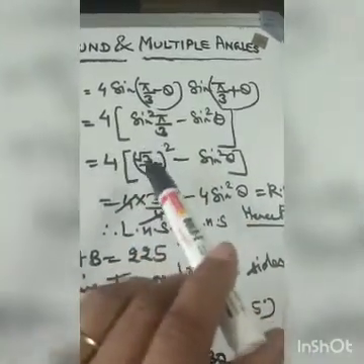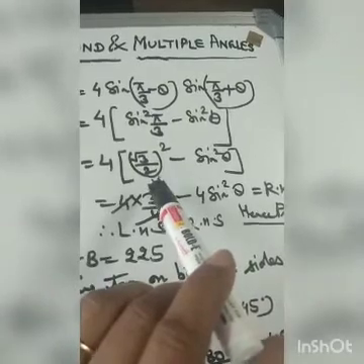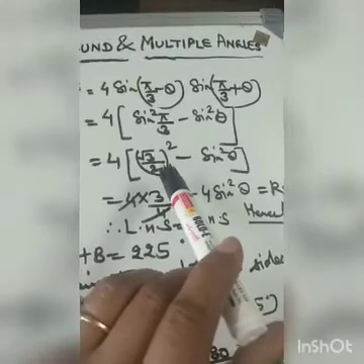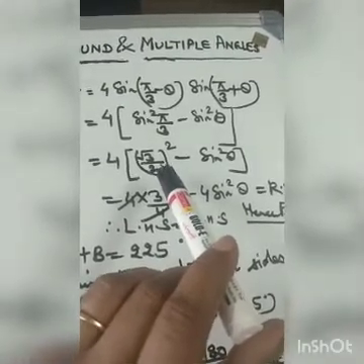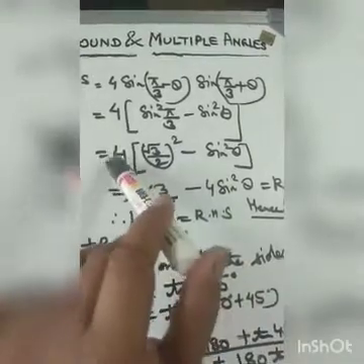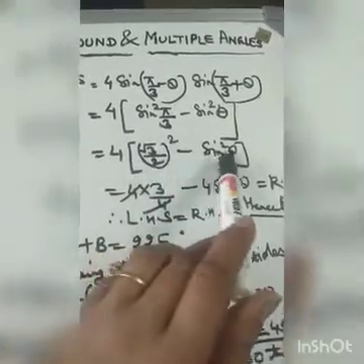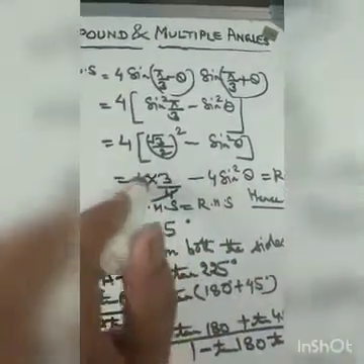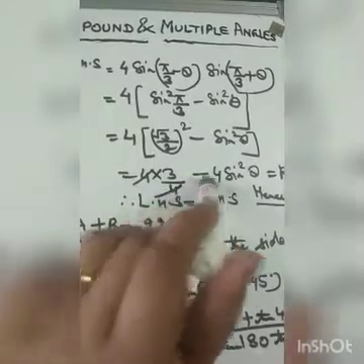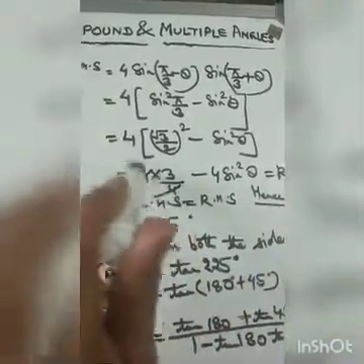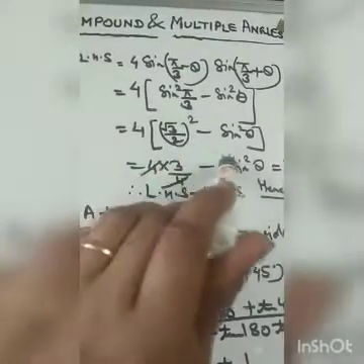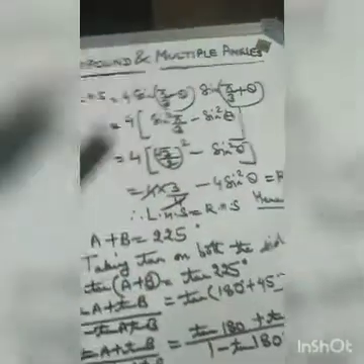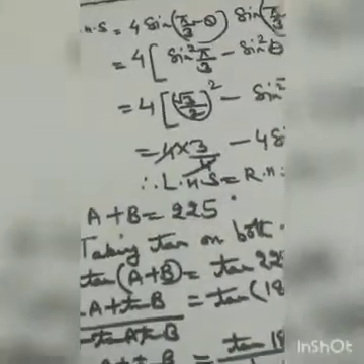Further, substituting the value, root 3 by 2 is the value for sine pi by 3, because 180 by 3, that is 60 degree, and sine 60 is under root 3 by 2. So 4 into the whole square of this minus sine square theta, as the formula says. Now simplifying the bracket, 4 into 3 by 4 minus 4 sine square theta. So 4 gets cancelled. You are getting 3 minus 4 sine square theta, which is your right hand side. Hence left hand side is equal to right hand side, proved.